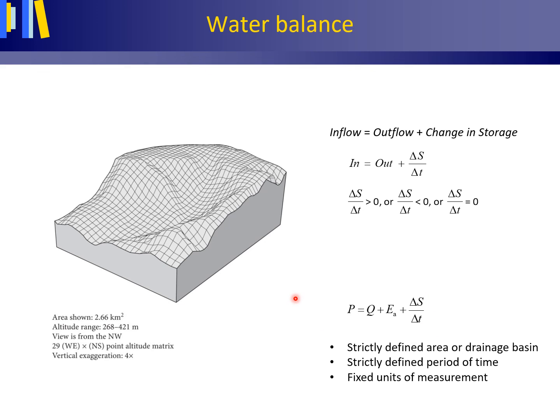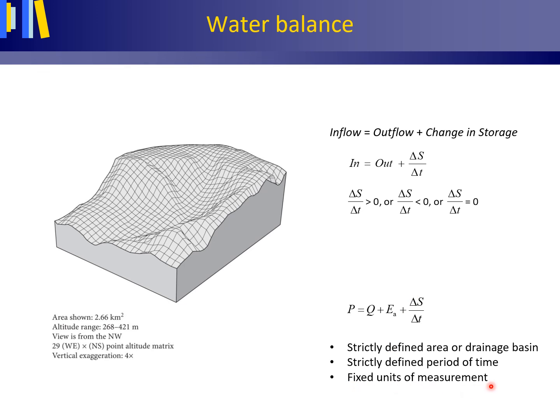That's logical that you don't do that, but also look at the strictly defined period of time. If you're looking at rainfall during a certain day, you must look at the discharge and also the evaporation and also the change in storage over that same day. So in essence, you're always looking at volumes of water per specified unit of time.